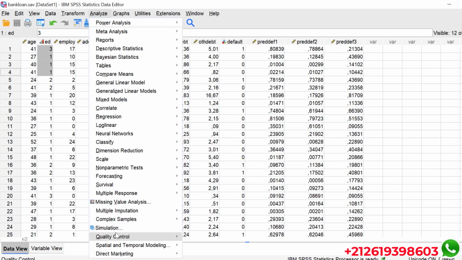You can see here that we have simulation, quality control charts or Pareto charts. We have spatial and temporal modeling. By spatial modeling, they have direct marketing and choose technique. For